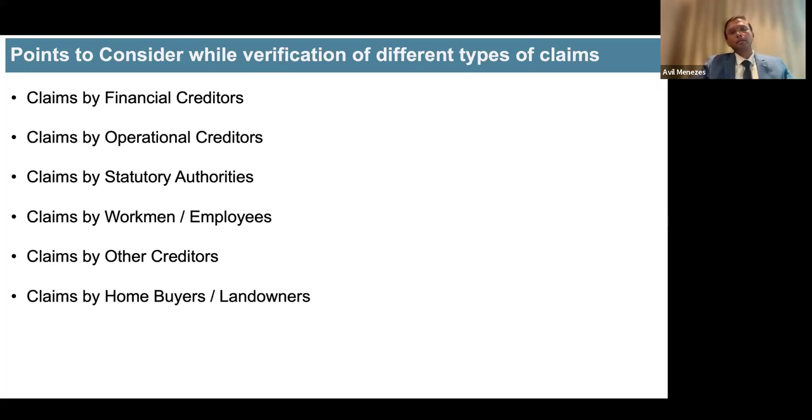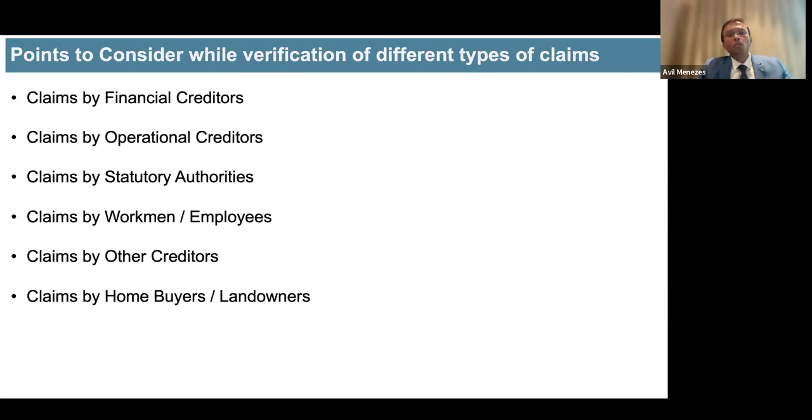Claims by other creditors, like creditors who do not fit into financial debt or operational debt, would come as other claims. For example, someone has taken an ICD or given a loan without time value of money. If there is no interest clause, then in that case, it is another creditor. It is not a financial debt. There are dealers who generally provide a deposit to companies, and customers who provide a deposit. So all this would come as other debts and dues. These would not be operational creditors because neither goods nor services have gone against them.